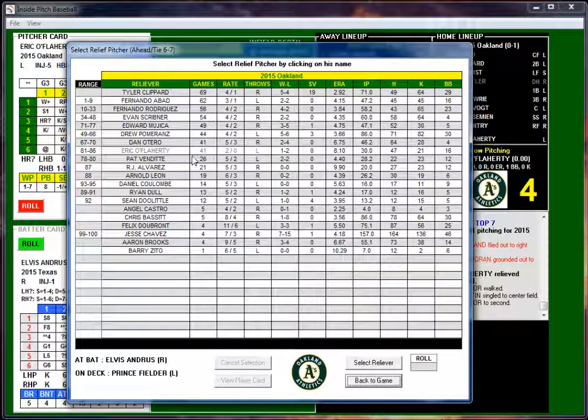Let's see if he's going to be replaced by. Really, I don't see him on here. Another lefty. Nope. Alright. Oh, there he is. Jesse Chavez. There we are.